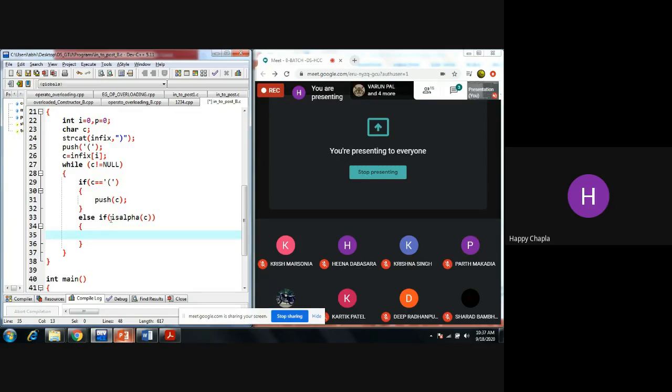If this condition is correct, then we need to insert that character into the postfix expression at the 0th position. So I am taking P as the 0th position, and next time I am incrementing that P. The next character will be stored at the next place.